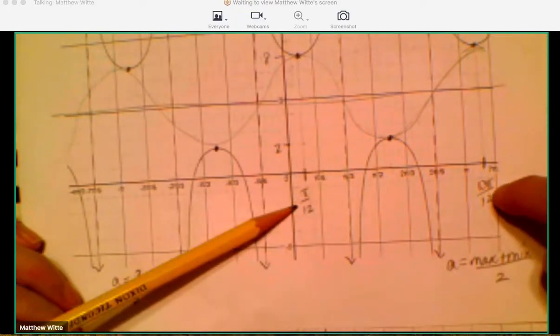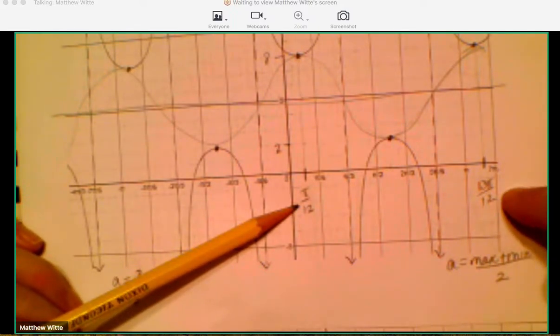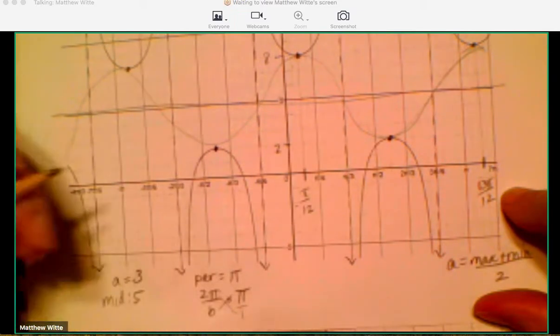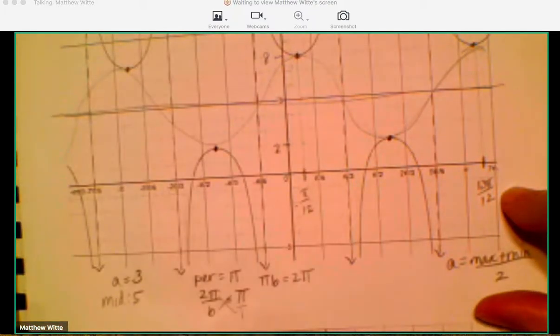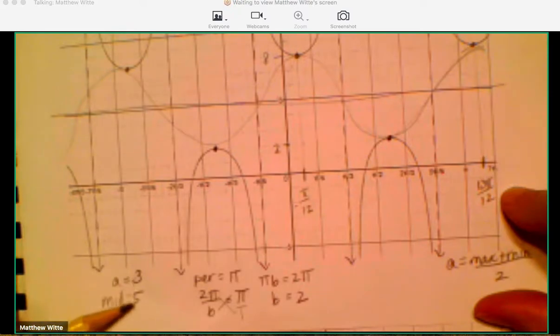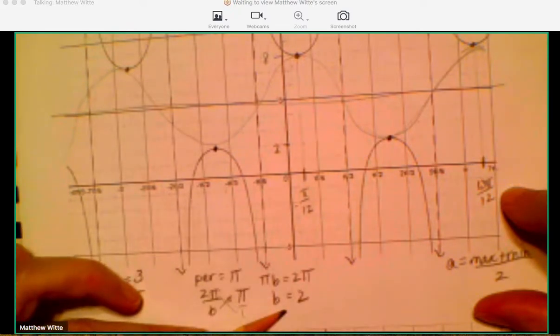So it looks from max to max that I'm going from pi over 12 to 13 pi over 12. So that is looking to be like a pi for the period. So if the period is pi, and I use 2 pi over b, I can find my b value. So I'm going to cross multiply and get pi b equals 2 pi, and I will end up with b is equal to 2. So I have an amplitude of 3, a midline of 5, a b of 2, and